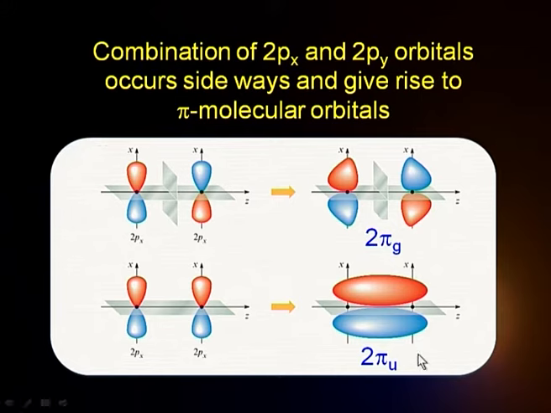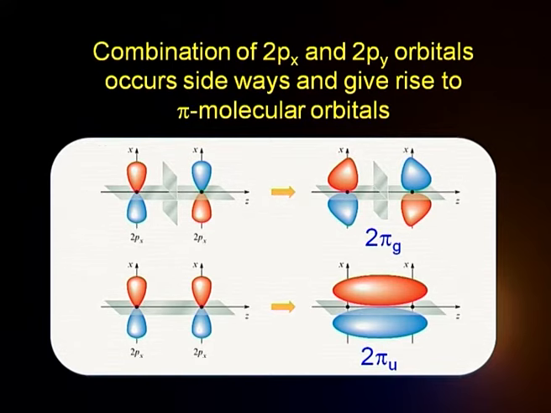The second thing we have to make note of here is the designation, that is, the symmetric characteristics. This is ungerade, this is gerade; this is antisymmetric, because it is in opposition to what we had in the case of s orbitals. You remember that when we made sigma orbitals from the combination of two s orbitals, we found that the sigma orbital of lower energy, the bonding sigma orbital, was of g characteristic, whereas in this case antibonding is g and bonding is u. And the reason for that is